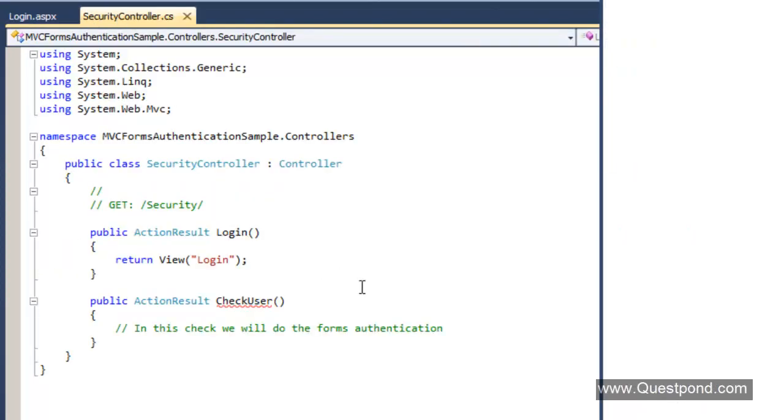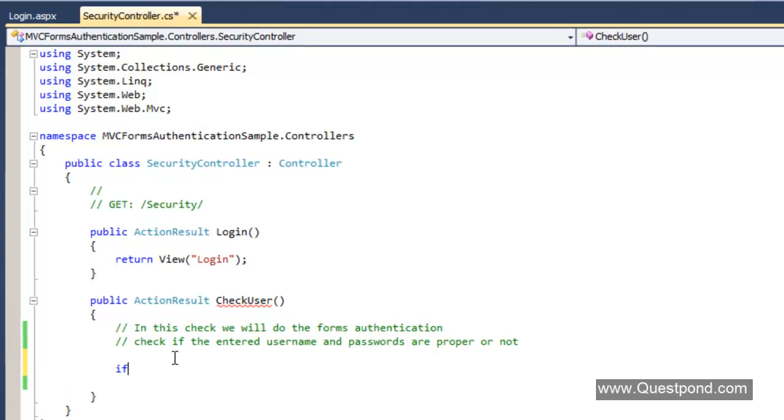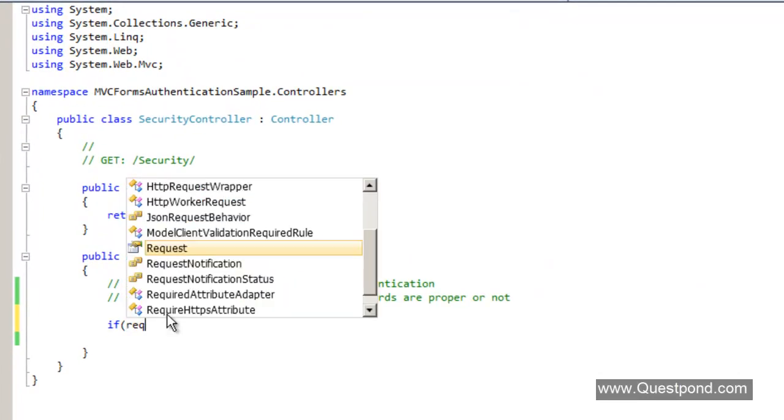What we'll do is we'll just hard code the username and passwords in the controller itself. Okay. So the first thing is we need to check if the entered username and passwords are proper or not. In order to get the entered username and password from the UI, we'll say here if